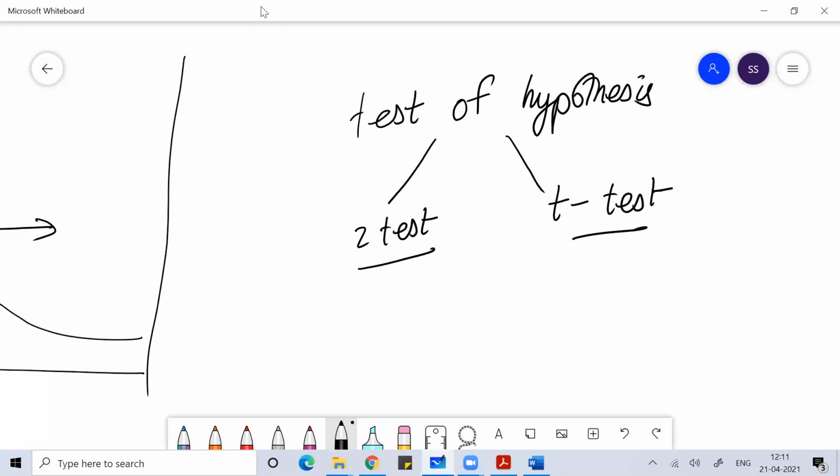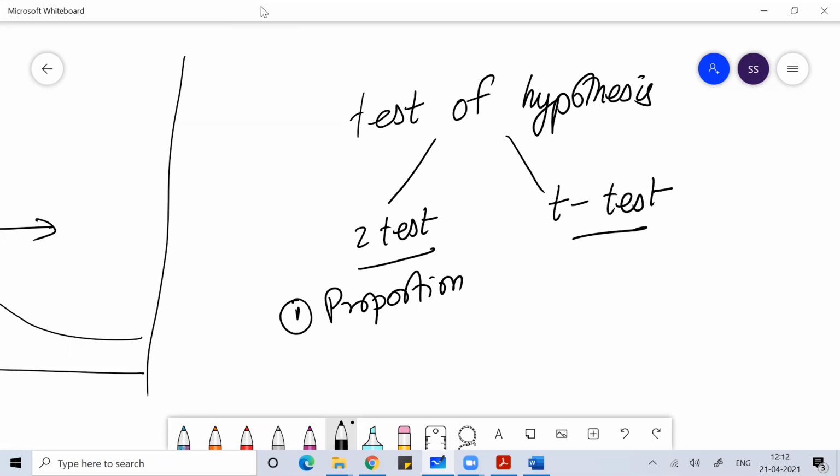Okay, so remember always, if you see any problem on proportion, that is always a Z test. So you don't need to worry, if proportion data is given, about whether I need to perform Z or T. You need to be clear on that part. It is always a Z test only whenever we work on proportion.